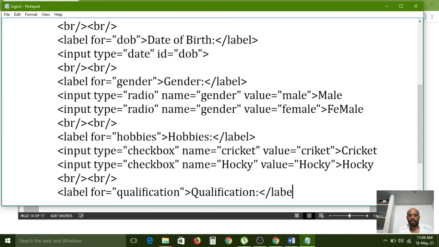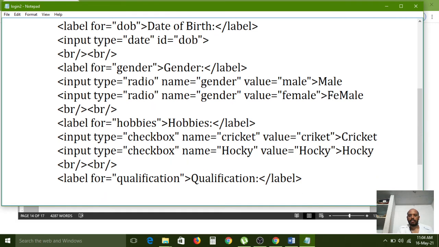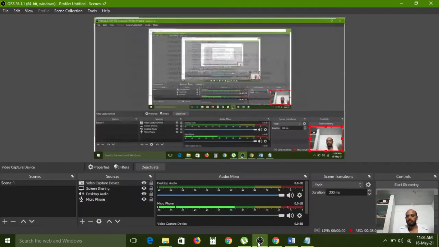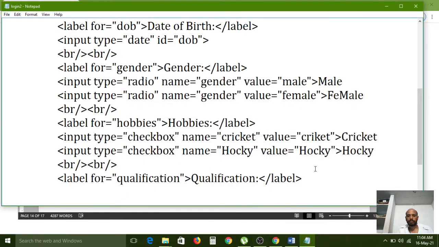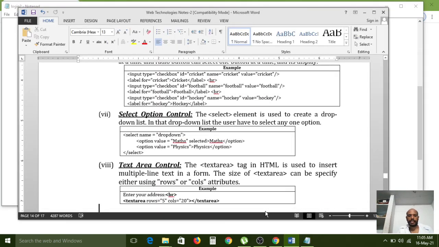I am closing the label. And input type, wait, I think input is not required here because this is the select window. This is the select option.